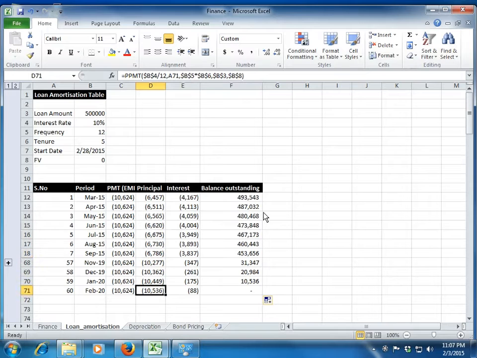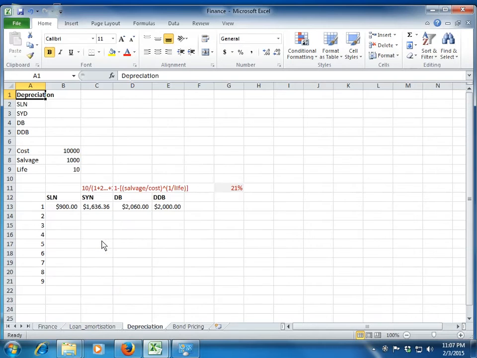And finally, exactly at the end of the 68th month, by paying the same amount of EMI, our loan depletes to exactly 0. So this is how easy creating an amortization table is once we know these easy functions called PPMT, IPMT, etc. Clear? Now let me help you understand a few depreciation functions which Excel has inbuilt for calculating depreciation.